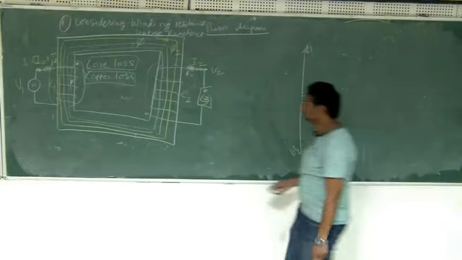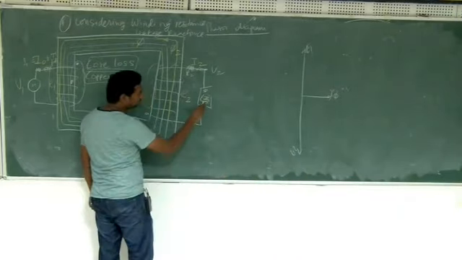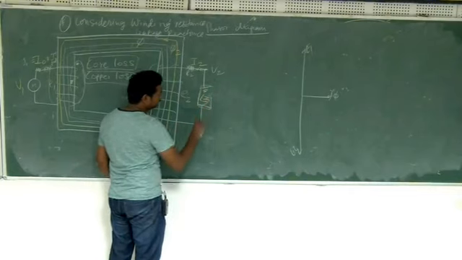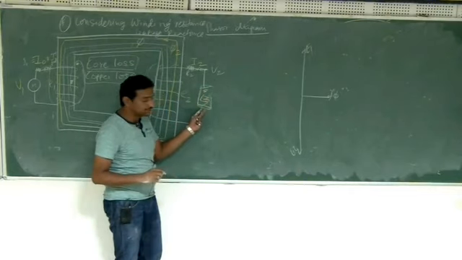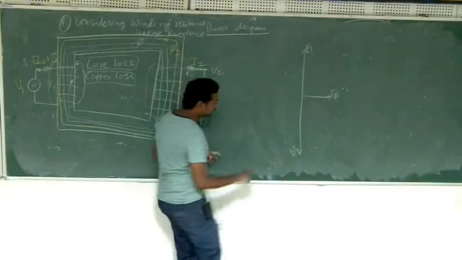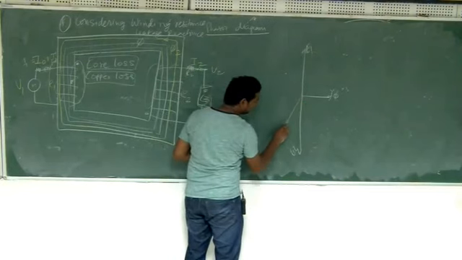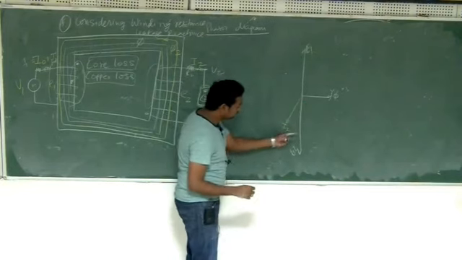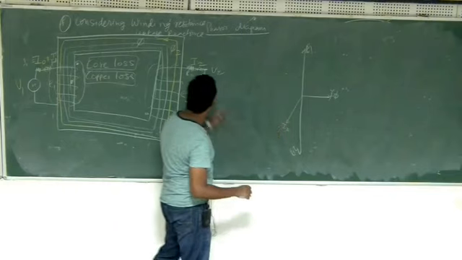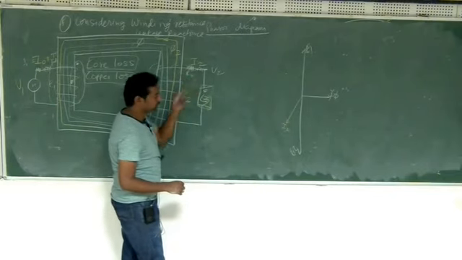So now you see, the question is what is the power factor of the load? Load is lagging load. Therefore I2 will be like this, lagging. Okay. So what will be the voltage drops here?